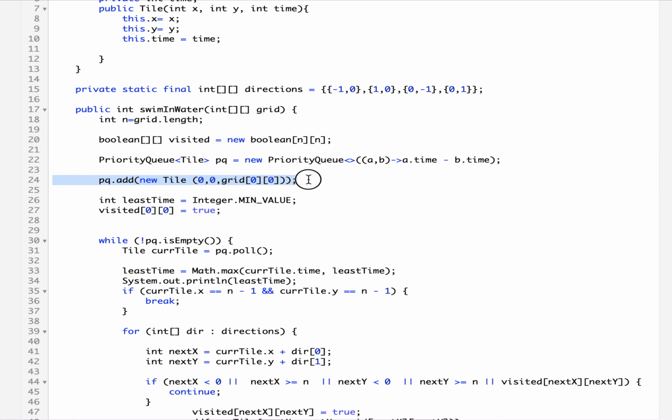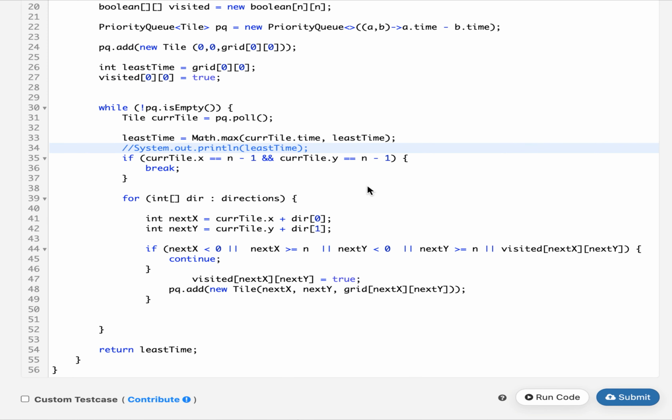As a default case, I added the initial tile 0, 0 and held the value whatever there was in the node. I have initialized the least time variable to the grid value at the 0, 0th index, and I updated my visited of 0, 0 to true because we are already standing at the 0, 0 index and it's reachable from there.